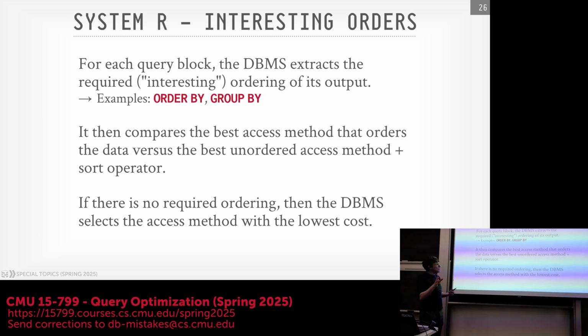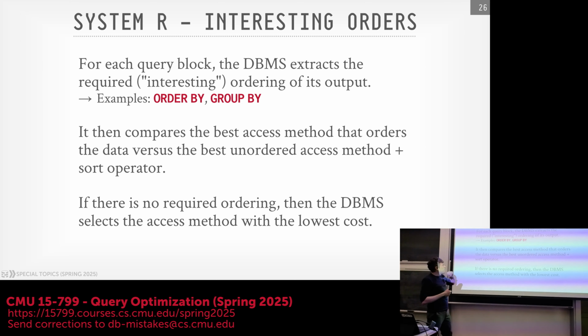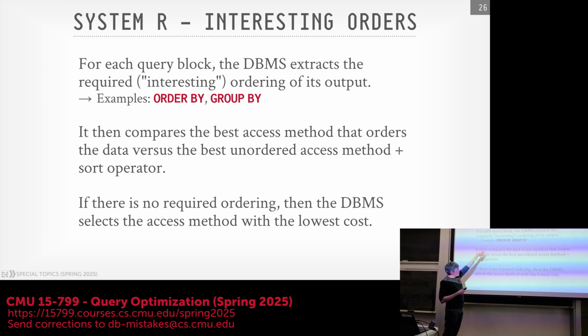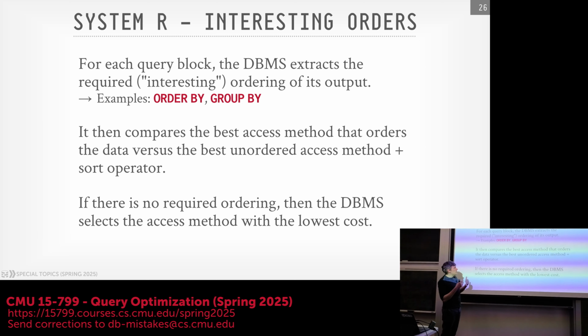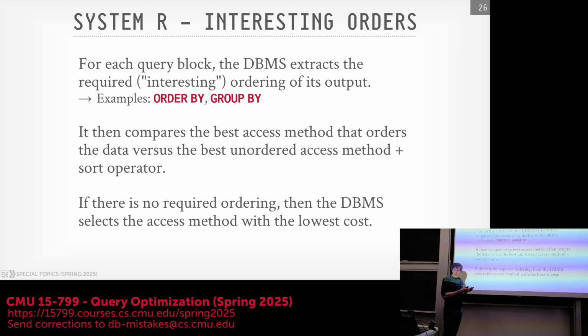Right, I think there's other papers about, like, we tried hashing and it didn't work, so they only did sorting, right? So you've got to have things in the right sort order. So you need to look at the order by clause and the group by clause, and then you keep track of, for each query block, what those required orderings are. So then when you try to figure out the best access method, either index scan or sequential scan, for a given relation,